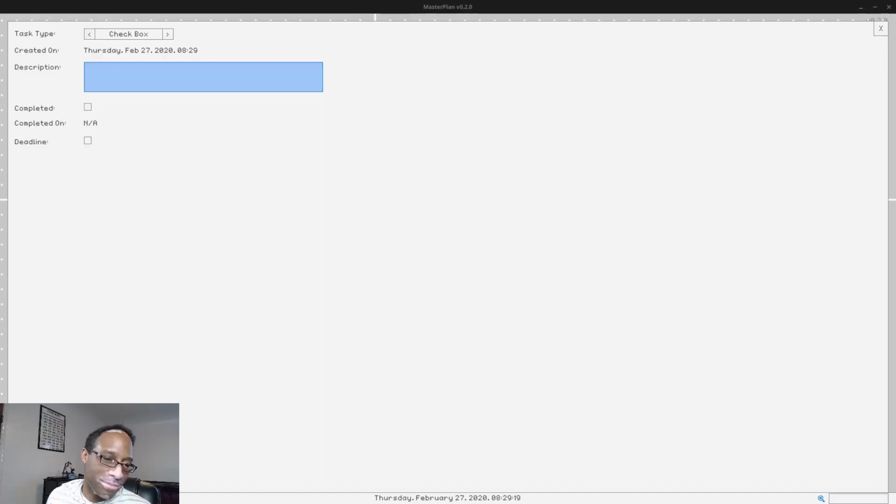And you can kind of see where you stand, and it fits in well with Master Plan's ideology of not really forcing you to do anything, not really forcing you to commit to a specific method of development. If you want to use timers, you can. If you want to use images and sounds, you can. If you want to use tasks, you can. But you don't have to. You can just go ahead and work on things completely normally at your own discretion. You can use deadlines, you cannot. All of that is up to you. So that's cool.